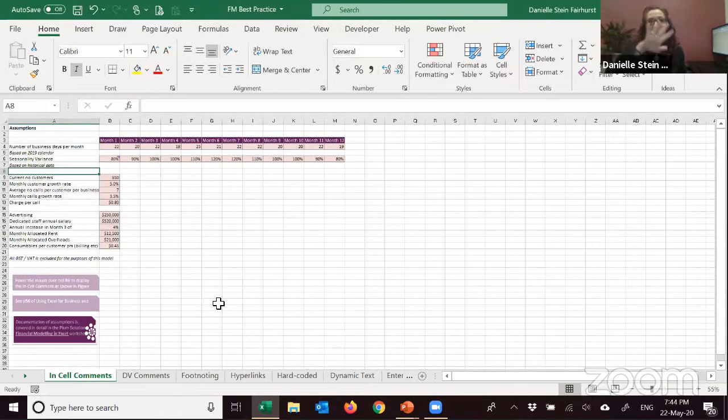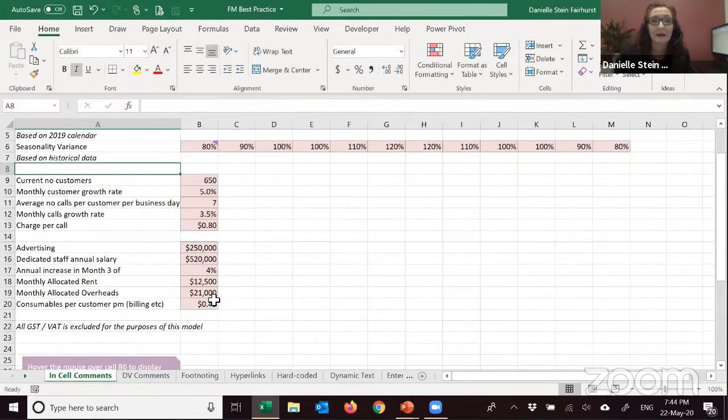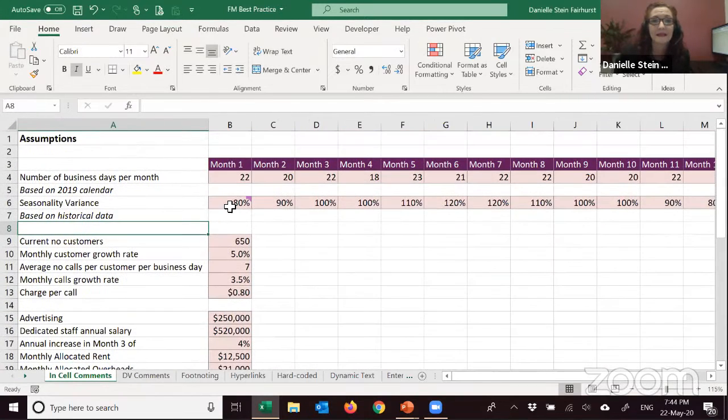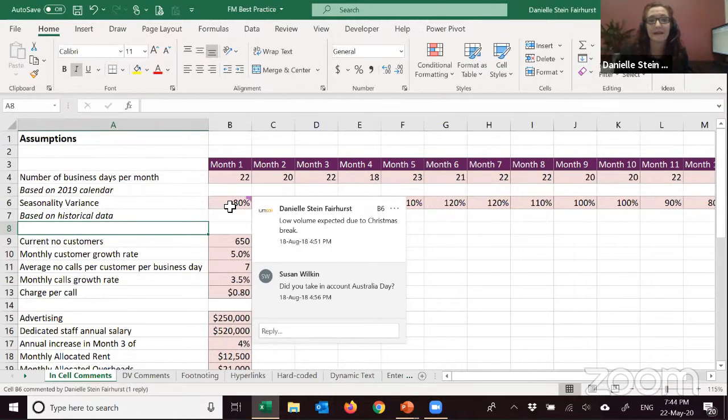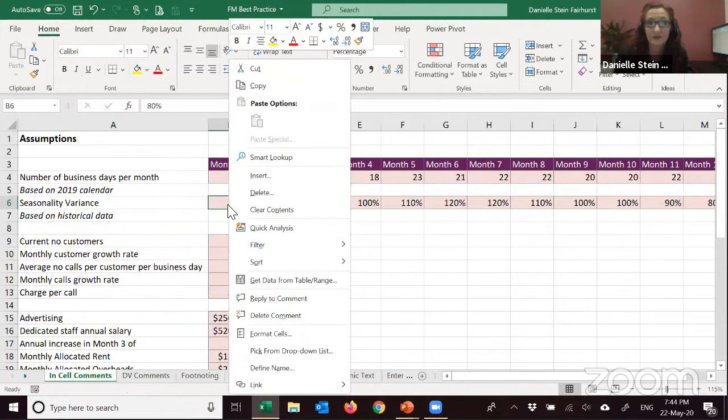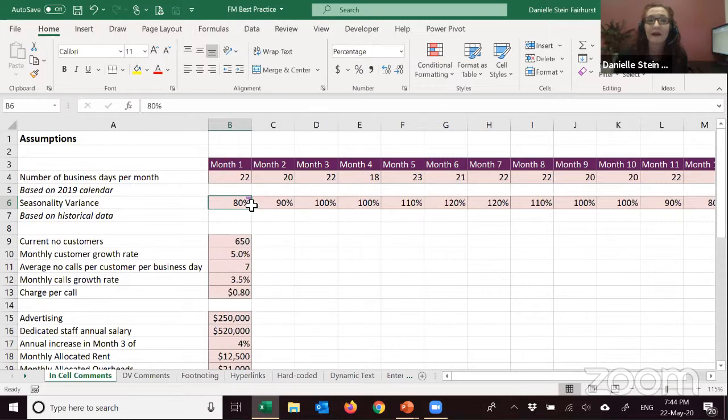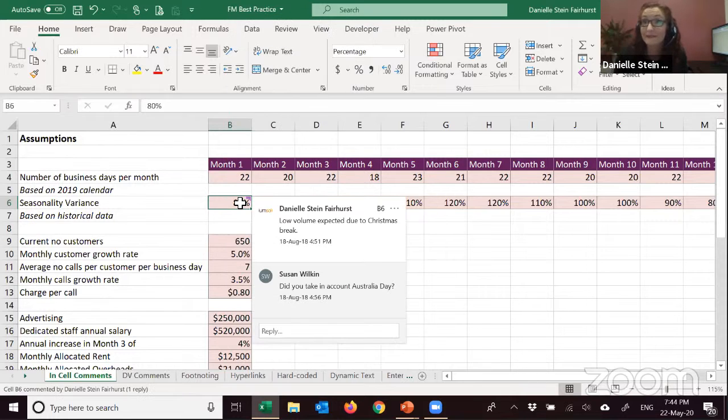I've got an overview of what might look like an assumptions page, and I'll just zoom in a little bit. What you can see here is I've actually created some comments, and these are quite new to Excel. They've only been out with the latest version. If you right click, you can reply, and you can create these kind of threads of comments. So that's not a bad way of documenting assumptions.